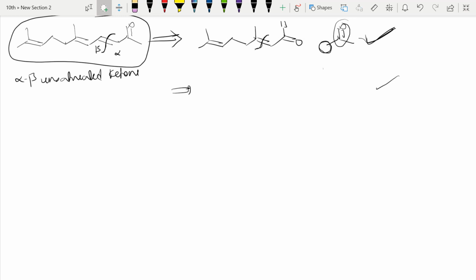So next, further, I will do retrosynthesis. Here again I can disconnect, carbon carbon disconnection. All these are carbon carbon disconnections. Initially we learned carbon heteroatom disconnection. Now we are learning carbon carbon. See, here also I am adding O here, but this compound I am going to keep as it is. Just I will add H here, right? It is not oxygen, I am just showing the symbol. H here I am going to add, right?